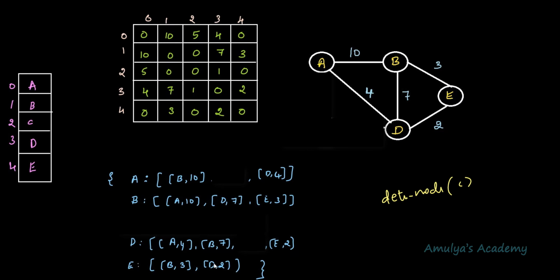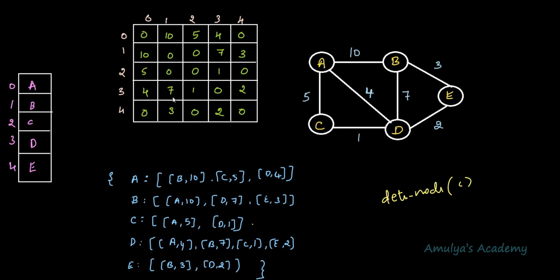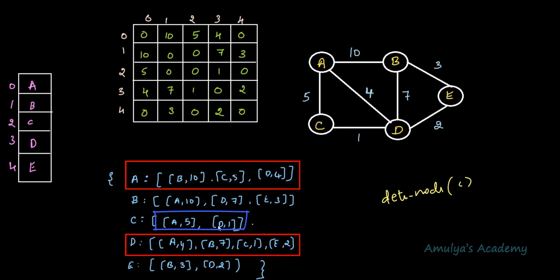And here I have one more tip for the adjacency list representation. That is, if we have an undirected graph, then there is no need to check the values of all the keys present in the dictionary. That is because if I am deleting C, you can see in this list we have two nodes, that is A and D. That means there is an edge from C to A, and an edge from C to D. Because this is an undirected graph, that means there is an edge from A to C and D to C also. Right? That's why instead of checking the values of all the keys, we just need to check the values of key A and key D.